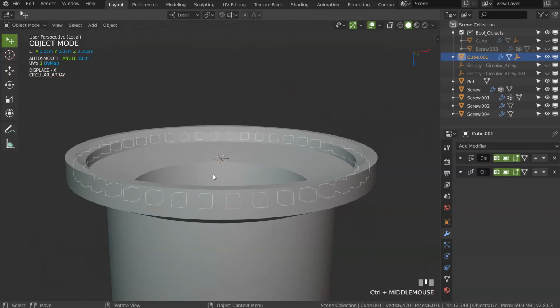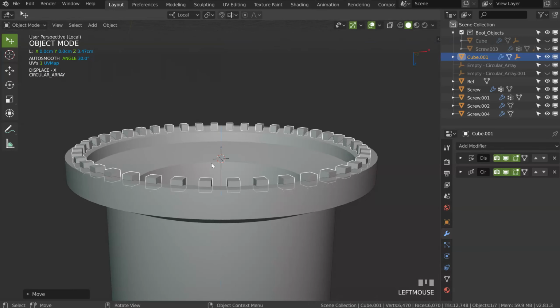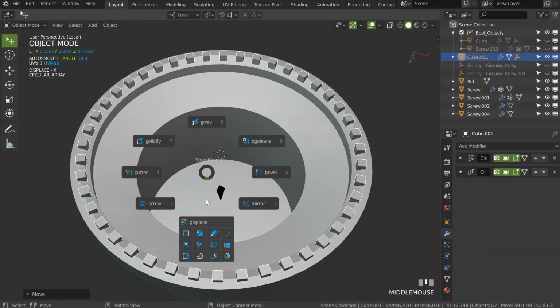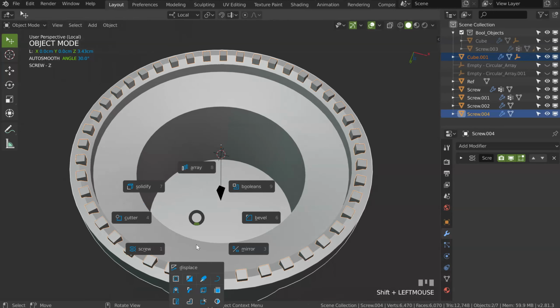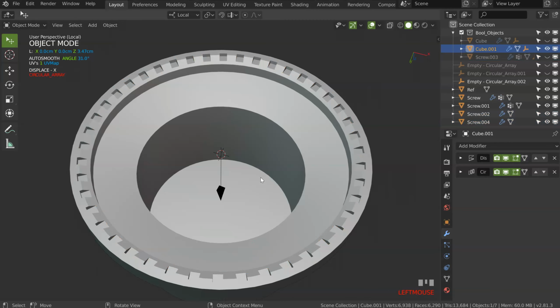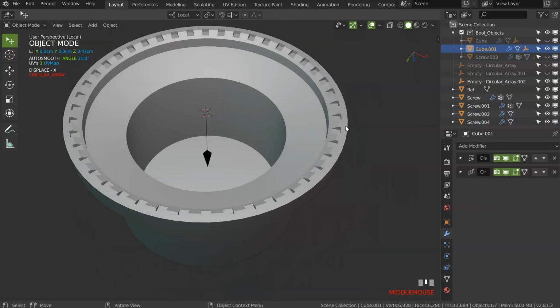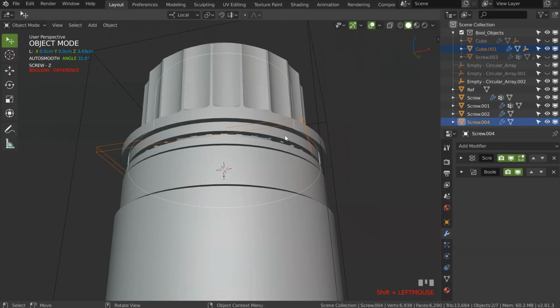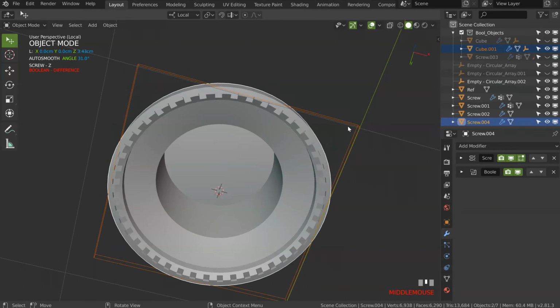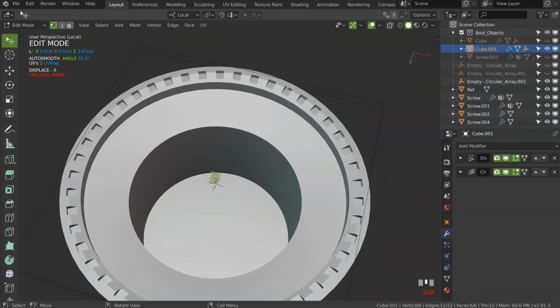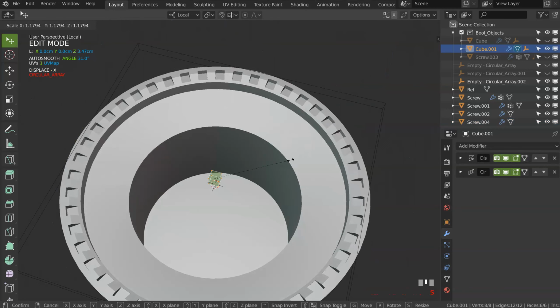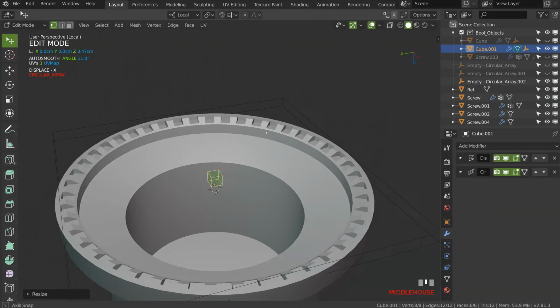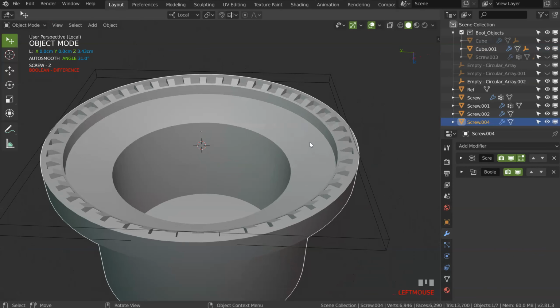I can move this one a little, like that, and let's see, yes, make a boolean with this one. Boolean. Bam. I think I will exit, because it wasn't visible. I will go in edit mode on this one, scale it a little to have this, and I will edit this one.